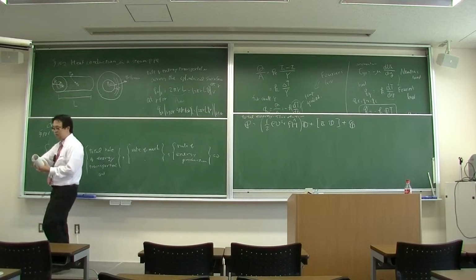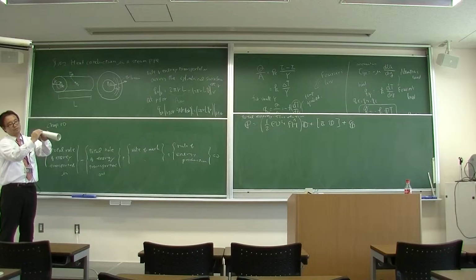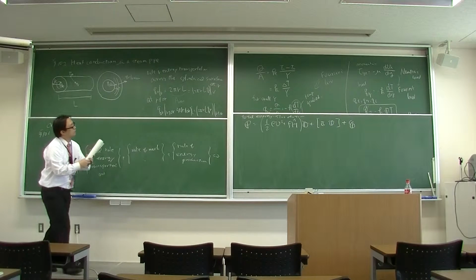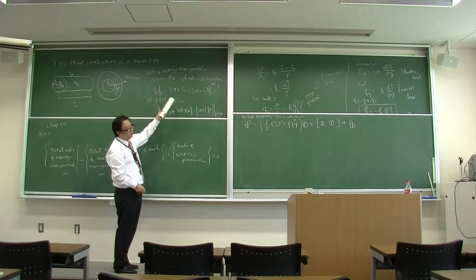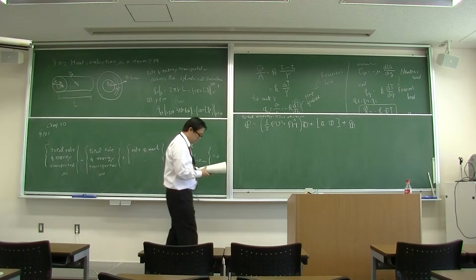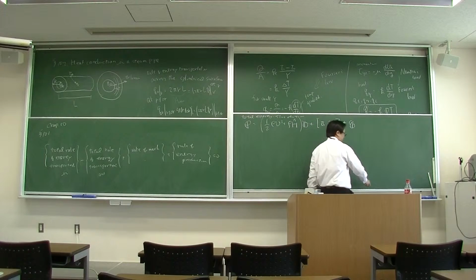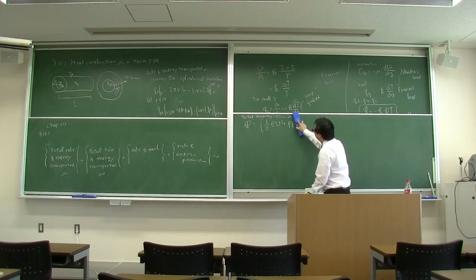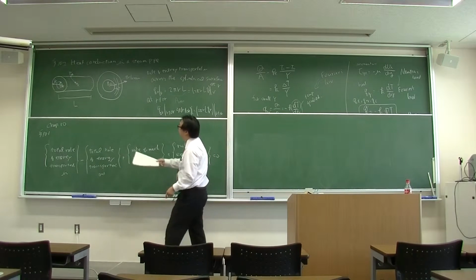So the heat is transported through the surface of the pipe. So we need the area, this one, 2 pi RL, and the heat flux. Heat flux is the heat flow per unit area. So the heat flux should be equal because